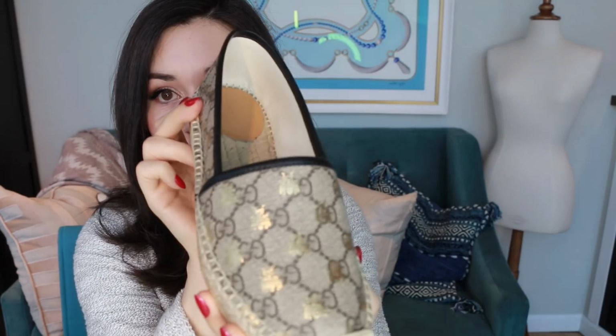So you can see that they are the classic Guccissima coated canvas, but with a little twist. They are gold stamped with tons and tons of cute little beads. I love everything about these. I love how they have that kind of like Grecian islands casual vibe, very, very classic espadrille style, but usually